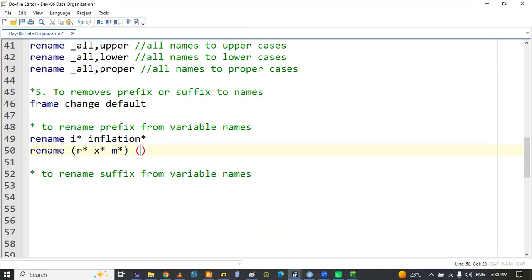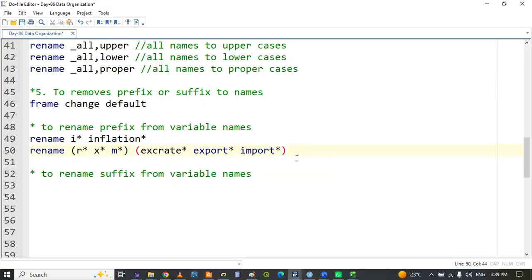The first one should be exchange rate, dot, and the second one will be export, dot, and the last one will be import,